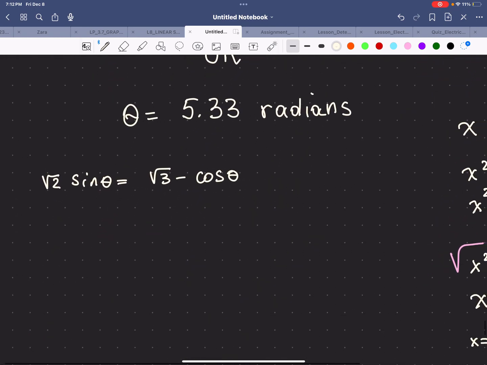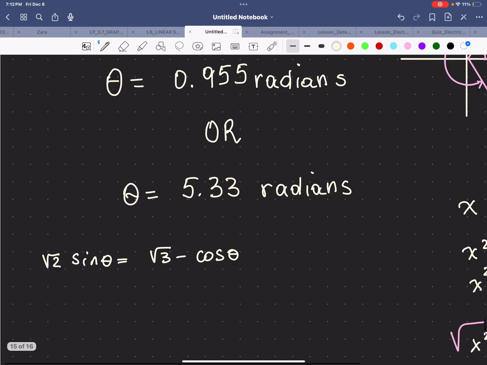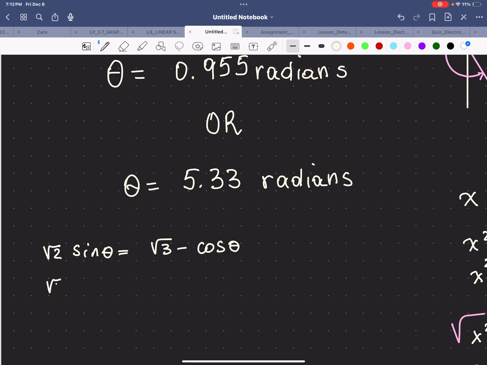Now, we're going to test our first solution, 0.955 radians. So what that means is that if you substitute theta by 0.955, and you do the same thing to the other side, root 3 minus cosine of 0.955,